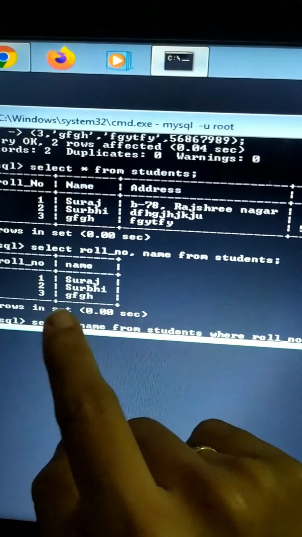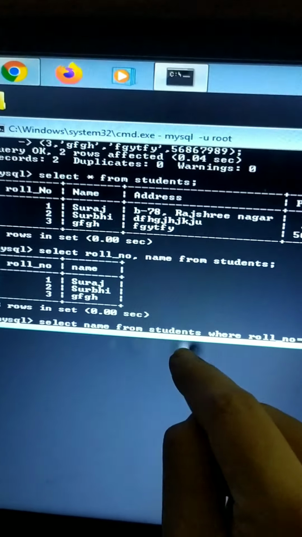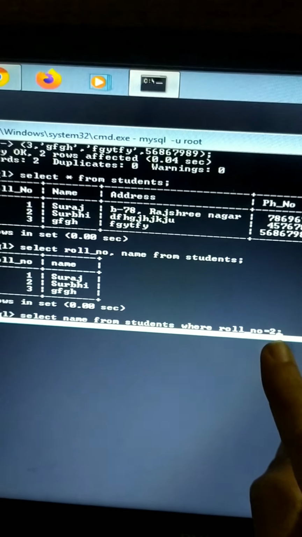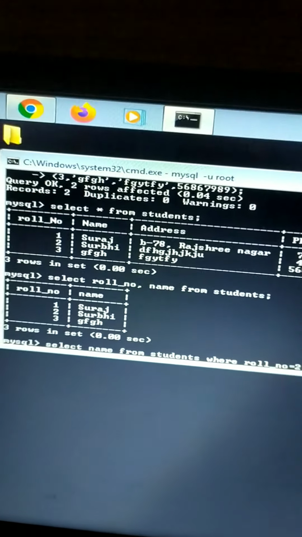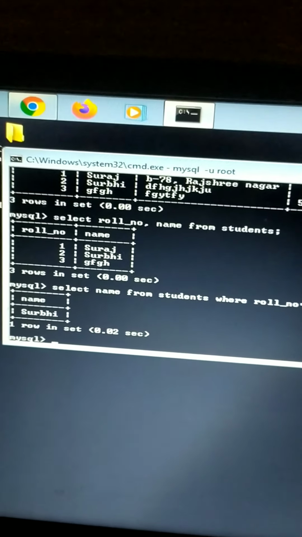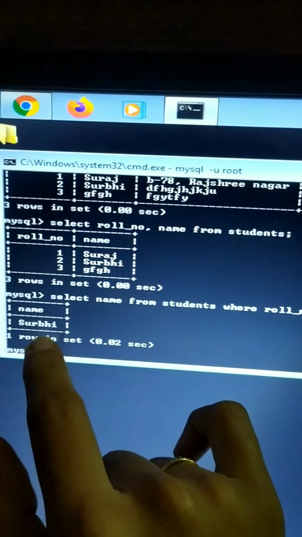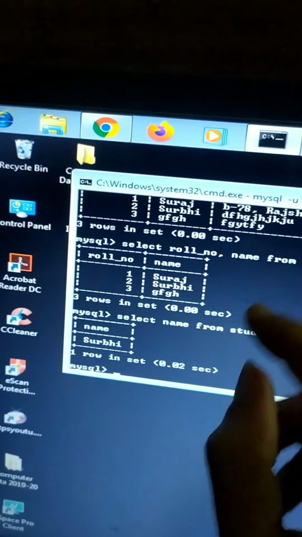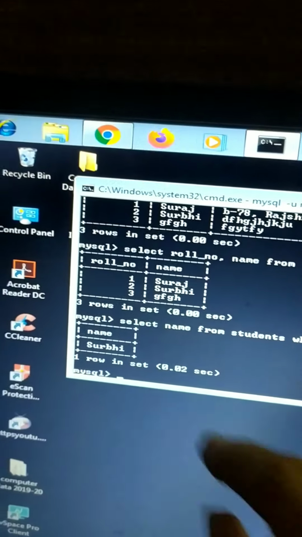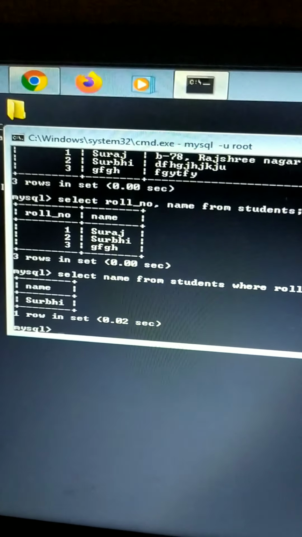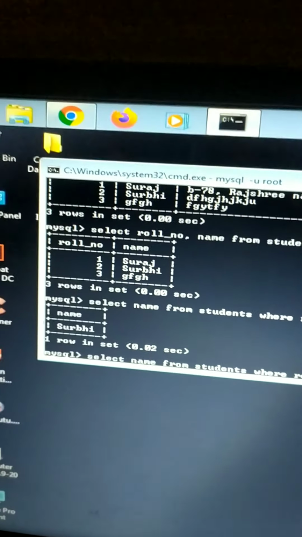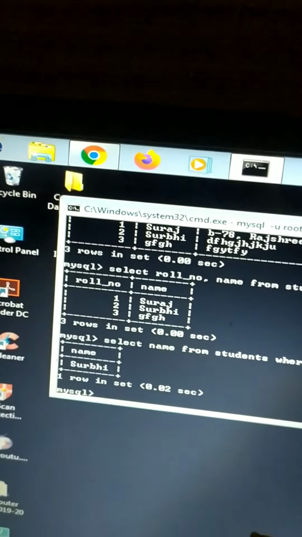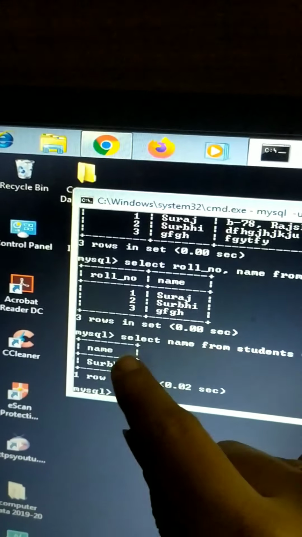So I'll write select name from students, students is our table name, where roll number equal to 2, and enter. See, roll number 2 name is displayed. Clear everyone how to display a particular record. This is how we'll display particular records.